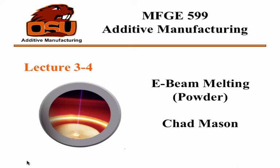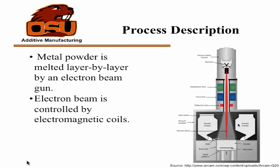I will be presenting to you about EBM melting, specifically with powders. So the process description is it uses metal powders melted layer by layer by an electron beam gun, which is,